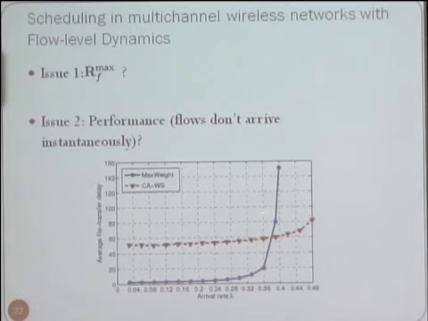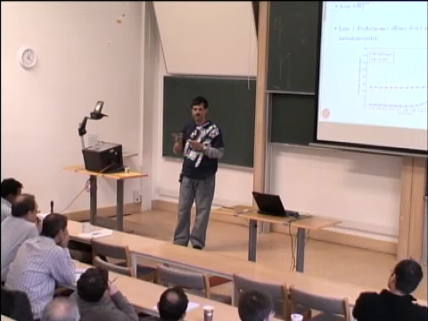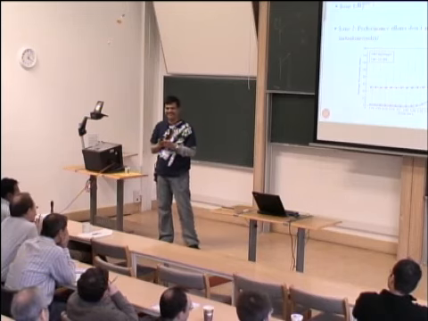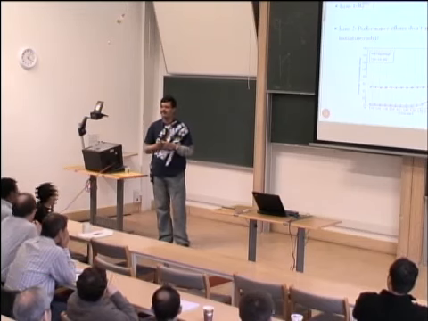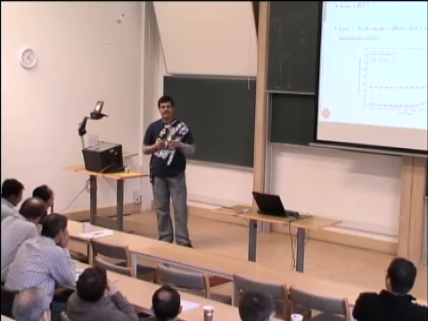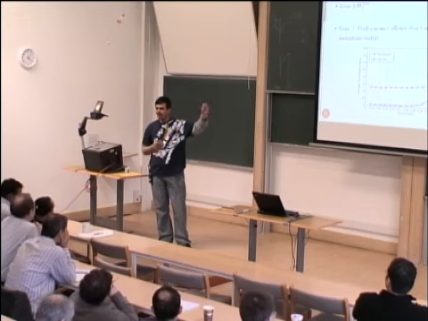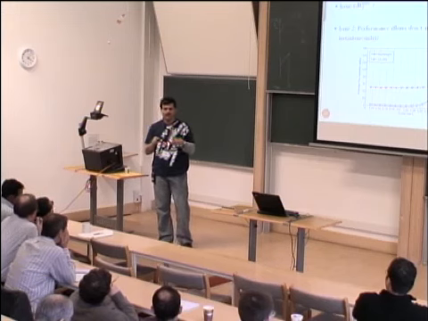And the reason is that flows don't arrive instantaneously. In this model, when I gave you the example with 3 flows, I assumed that all 3 packets are available to you for transmission immediately. But let's say you are sitting at your BlackBerry and you're downloading something, which you're not supposed to be doing because it interferes with the talk. Suppose you're looking at CNN's website. Then all the packets don't arrive to the base station, or to your scheduling authority, instantaneously.